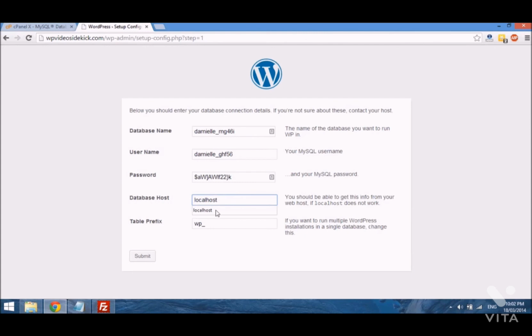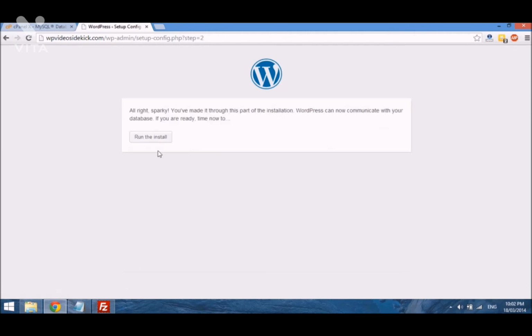You don't have to change this. But if you enter this and it doesn't work, then you will have to contact your hosting company just to find out what it is that they use as their database host. But in 99% of the cases, this will work. And the table prefix, now you could just add a few letters and numbers just to customize this as well. And as you see, the little note here says it's useful if you want to run multiple WordPress installations. So I'm just going to go ahead and select Submit, and we will just get this message that says, okay,